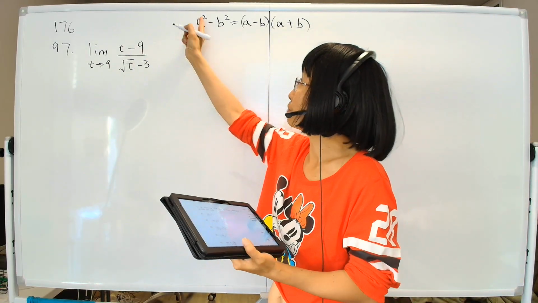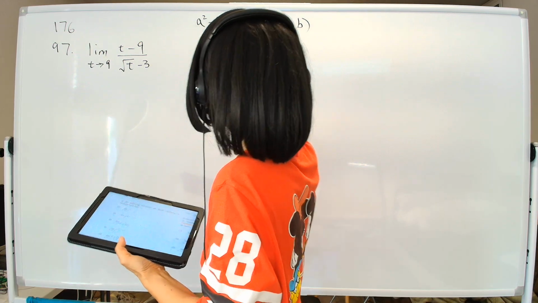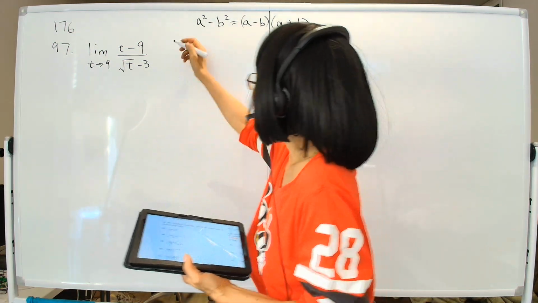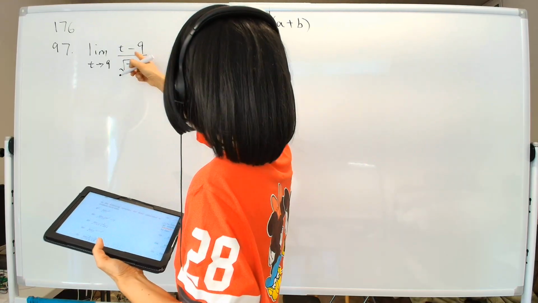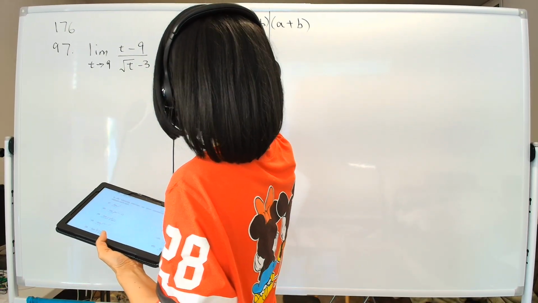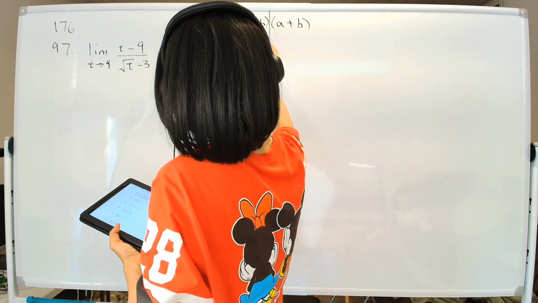Then t itself will be a squared, and 9 will be b squared, and you follow that theorem. So you factor this thing, and it becomes the square root of t plus 3, times the square root of t minus 3, and then